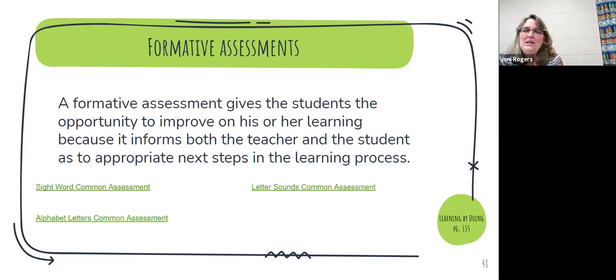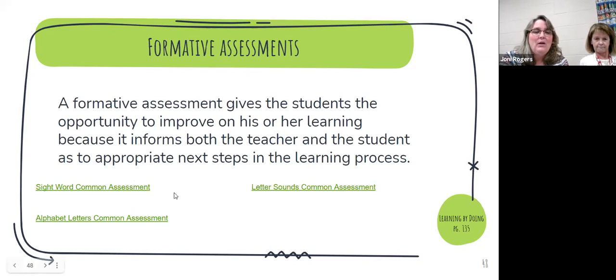We want to give all of our students chances up into the absolute last day of school. If it takes them that long to master a skill, then that's okay with me. They mastered it.